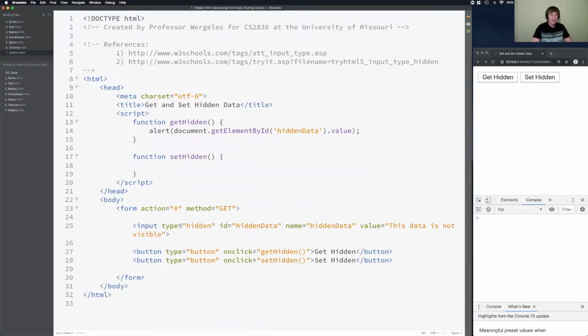What is a hidden input element? Well, first you're going to see it's hidden to the user. The user cannot see it. It still has an ID and it still has a name, so it's going to be submitted when the form is submitted. And you'll see I have a value here. This data is not visible. So it's an input element that's not visible to the user, but will still be submitted when the form is